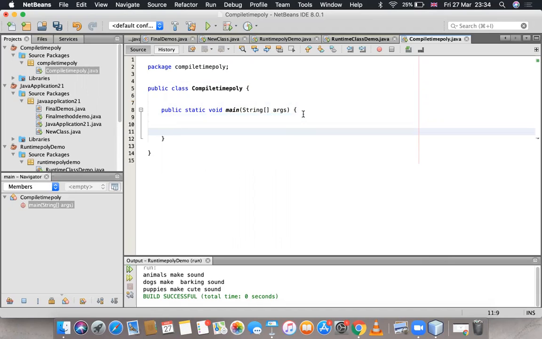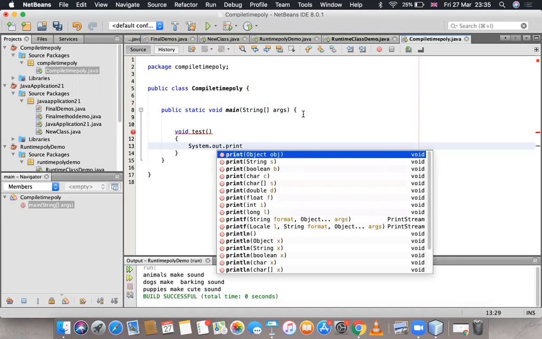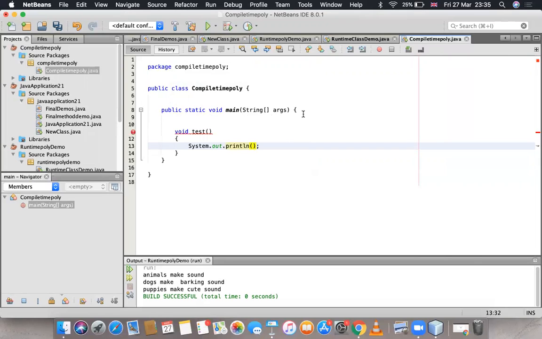I'm writing one method, void test, System.out.println, no parameters inside.